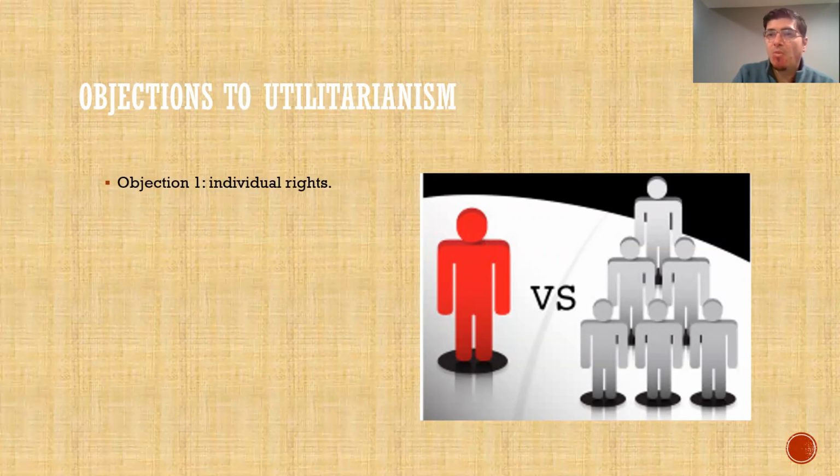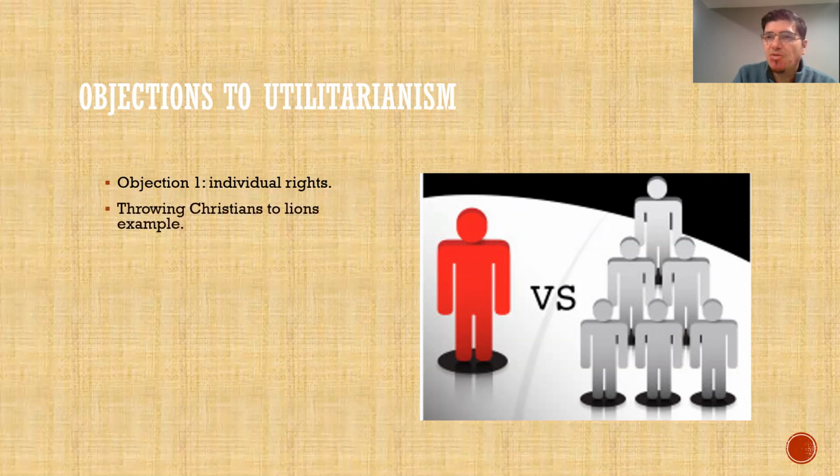So what happens when the well-being of one clashes with the well-being of many? From the utilitarian perspective, everyone counts as one, the principle of equal consideration. So it's not that the one is ignored, it's taken into consideration. However, there's still more people on the other side. So when the happiness of 5 is clashing with the happiness of 1, from the utilitarian perspective, the course of action is obvious: do the thing that maximizes the happiness of the 5 instead of the 1. Why? Well, precisely because more happiness comes about, and that is what makes the action correct. So think about the trolley example and so on that Sandel puts forth.